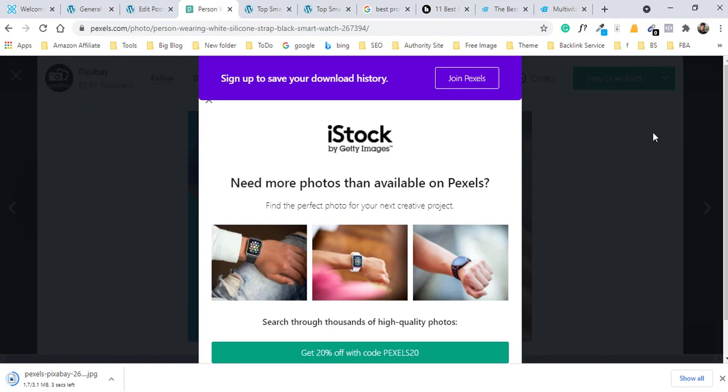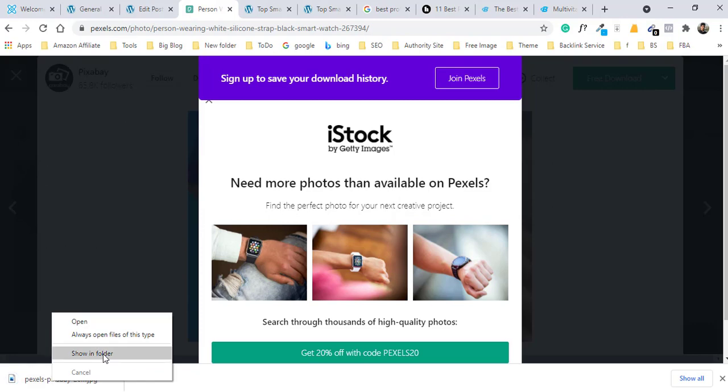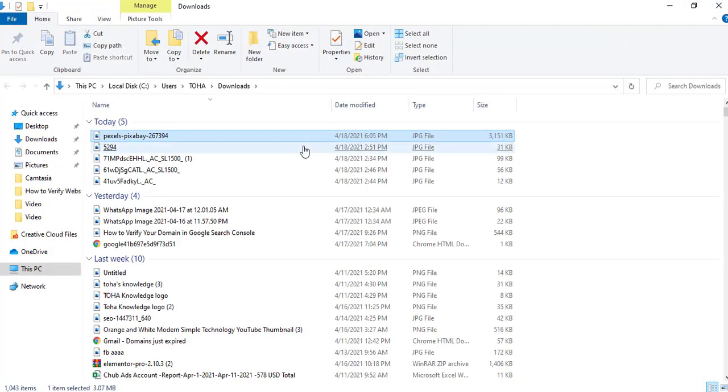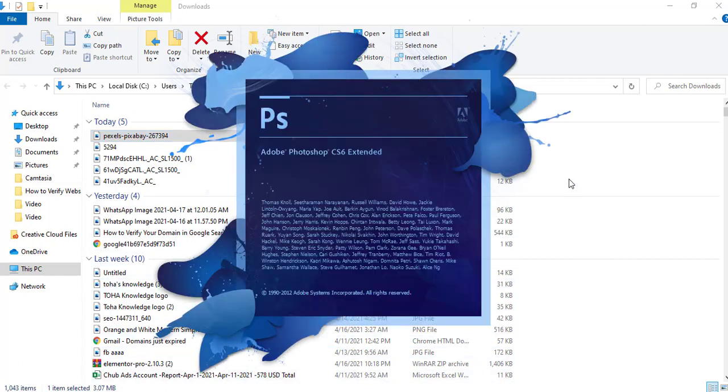Here you see this image is 3.1 MB, so it's a huge image. If I use this image on my website, it takes too long to load, so I need to optimize this image. You need to open Photoshop or image editing tools.